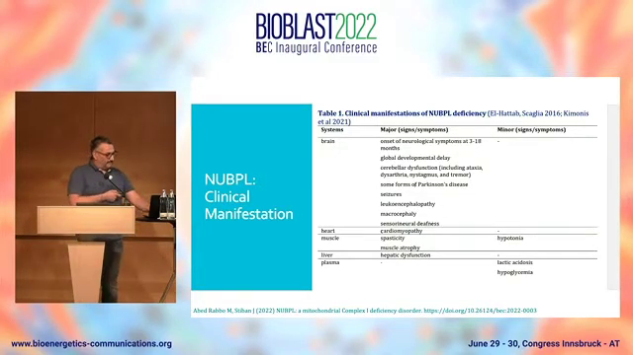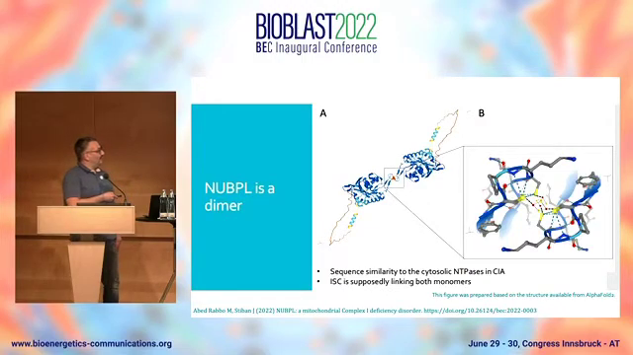So this protein is similar to cytosolic NTPases in the CIA pathway, and like them, it does not have the ability to coordinate an iron sulfur cluster on its own. So it's likely a dimer, because this dimer can incorporate the iron sulfur cluster to transfer it to other proteins. So we actually